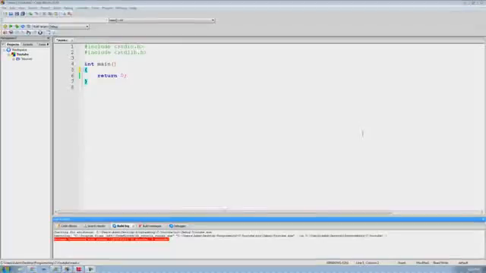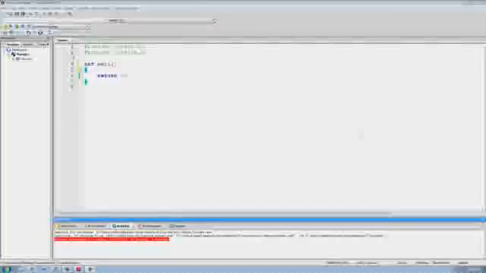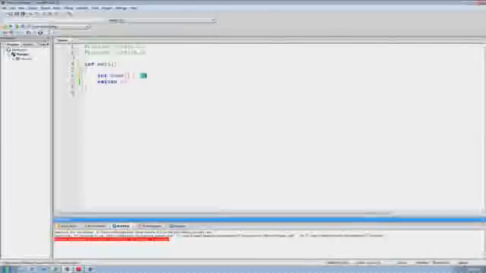So the first thing that we need to do right here is just create a new integer array that we're going to reverse. So I'm just going to say int nums, and then remember we need to have the square brackets on the end to signify that this is going to be an array, and then I'm just going to go ahead and set it equal to a set of numbers. And I'm just going to go ahead and store inside of this nums array 1, 2, 3, 4, and 5. So now inside of our integer array called nums right here, we just have 5 integers, 1, 2, 3, 4,